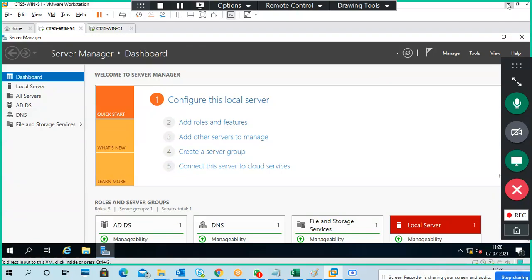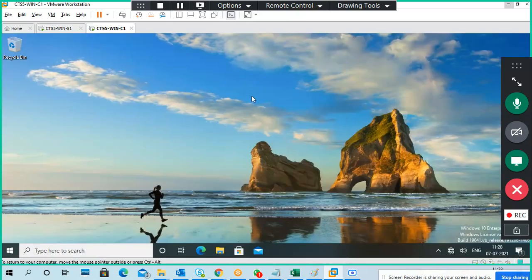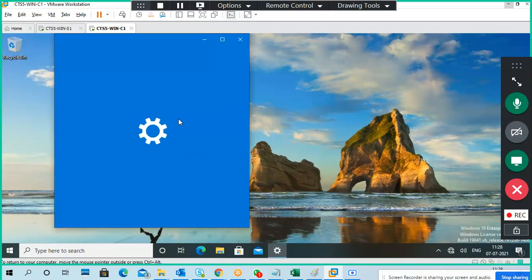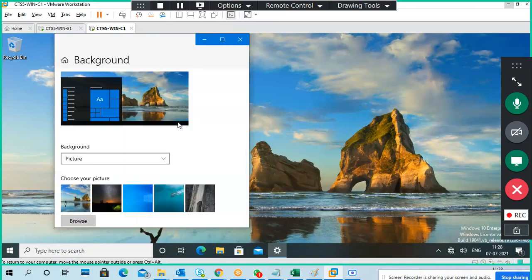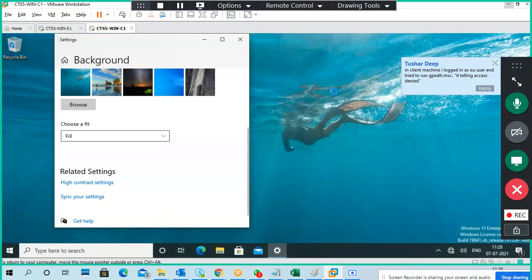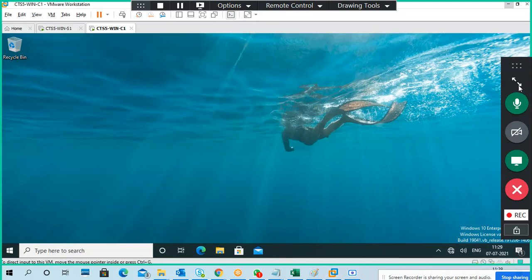Okay, that's a good question, very good. What I said here, I have a background, so I just changed my background. I want to fix a certain background only, so the user is not changing their background. Okay, this time I will put it like this. It's a very big message. Once again, I will check the message.